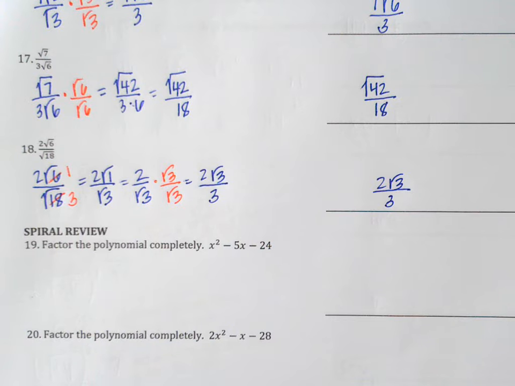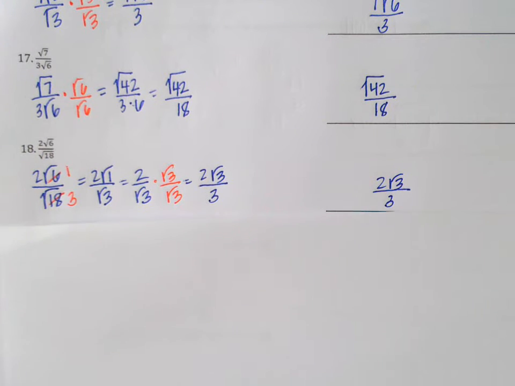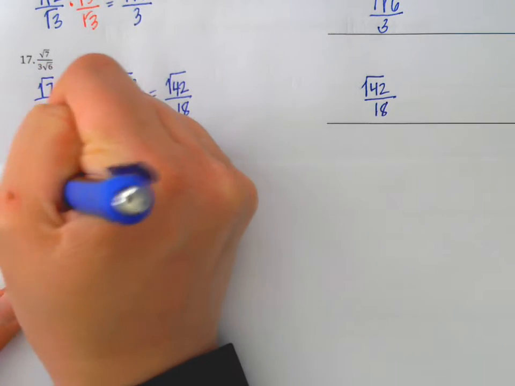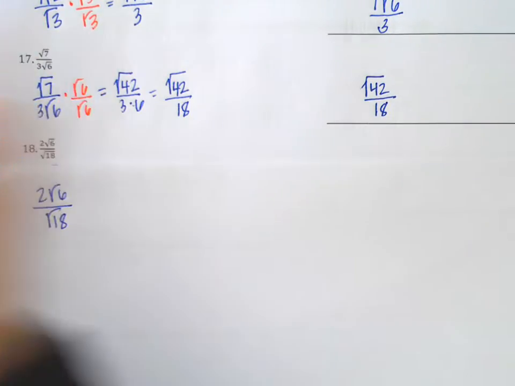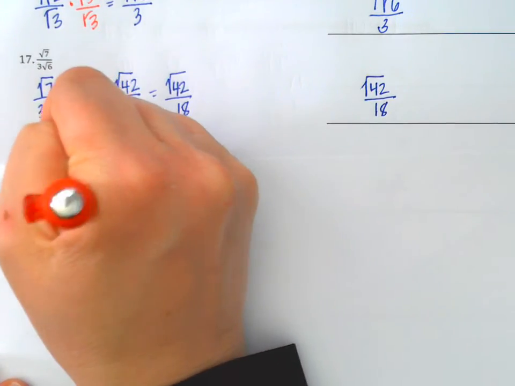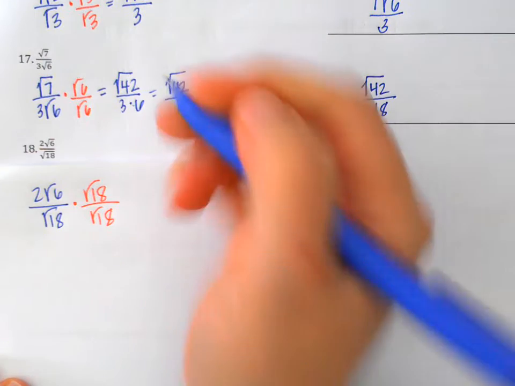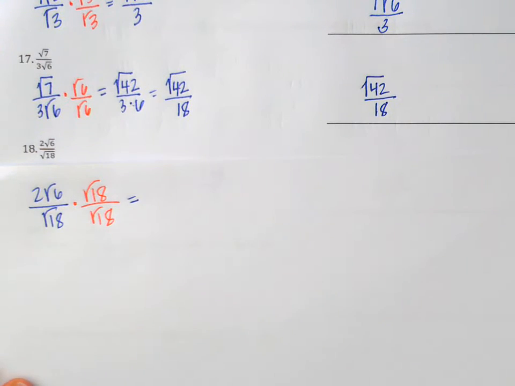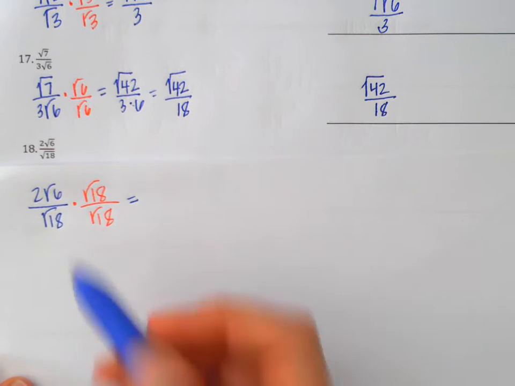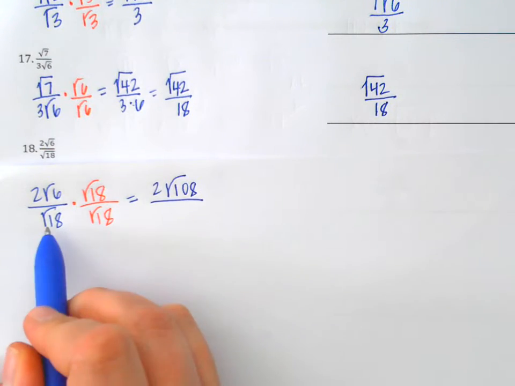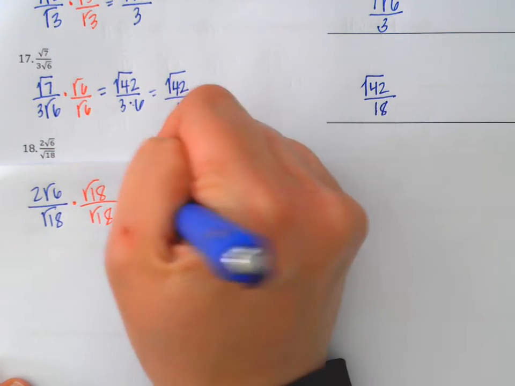Now, the other way that you guys can do that, and I will just do it on a quick separate piece of paper here. Let's say you wanted to, instead of doing it the way that I did it there, do it how we've normally been doing it, and that is just multiplying top and bottom by rad 18. You can. It's just going to take a little bit more work. So 6 times 18, because those can be combined, gets me rad 108. And then the square root of 18 and the square root of 18 we know is going to get me